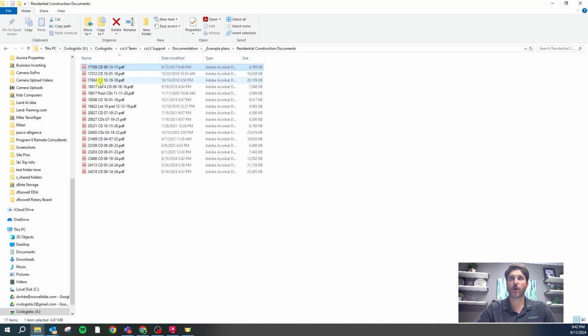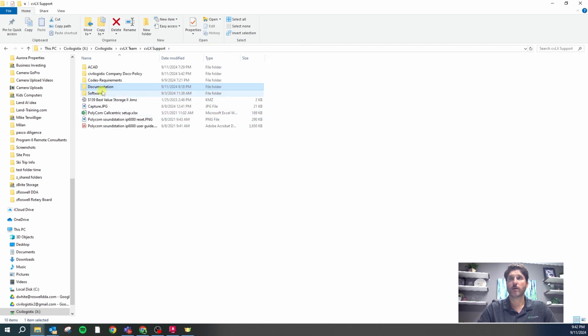We have some other very large houses in here, but we've refined the way that we've done things, and so some of these newer ones might be better examples. So those are available to you under support documentation, example plans, residential construction documents. Also under the support